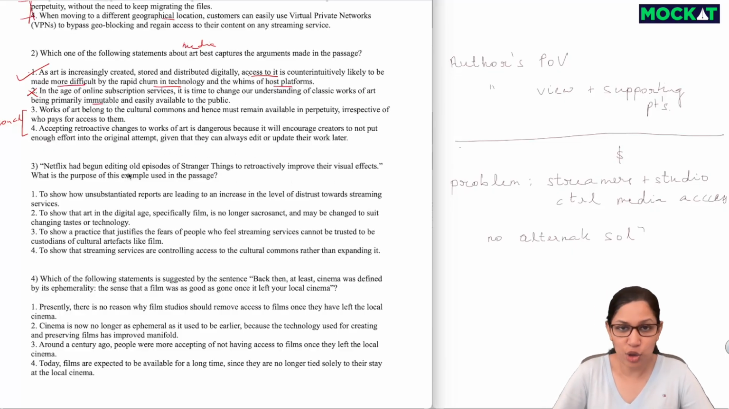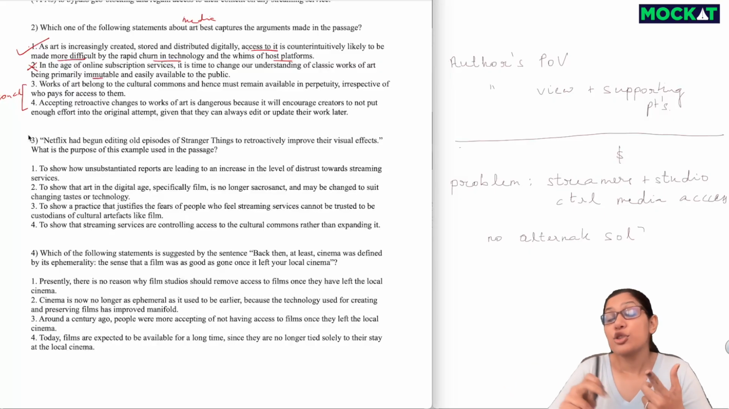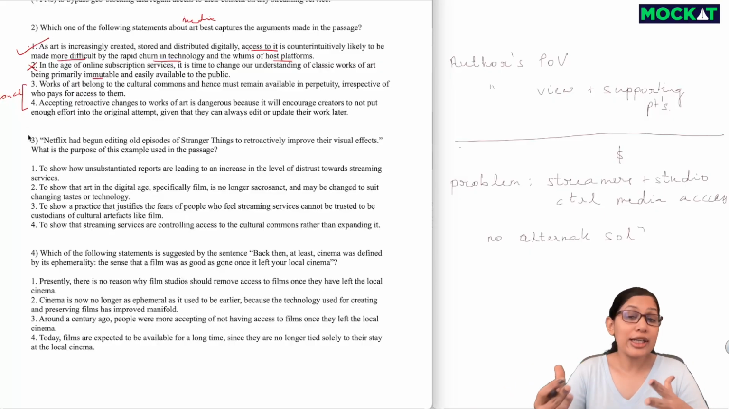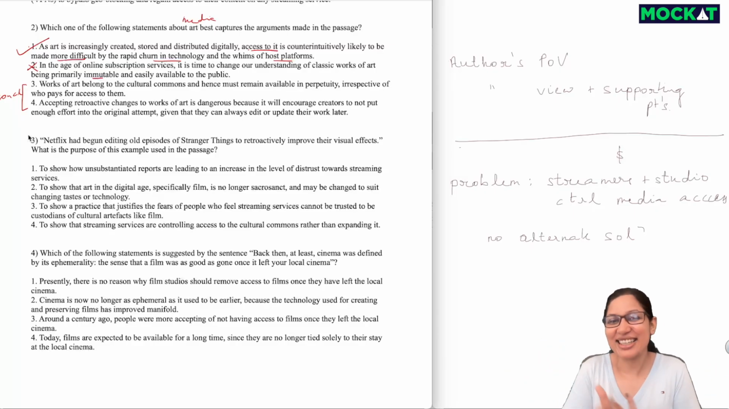And this is a very common type of inferential or meaning in context question. So here, the author is using this example along with the HBO one to tell us that the people who had long warned that streaming services were controlling access to the cultural commons are now feeling vindicated. So the author's purpose here is to show that those people who had been warning us against streamers, they are the ones who, as I said, now they're able to say, hey, I was right, I told you so, look,